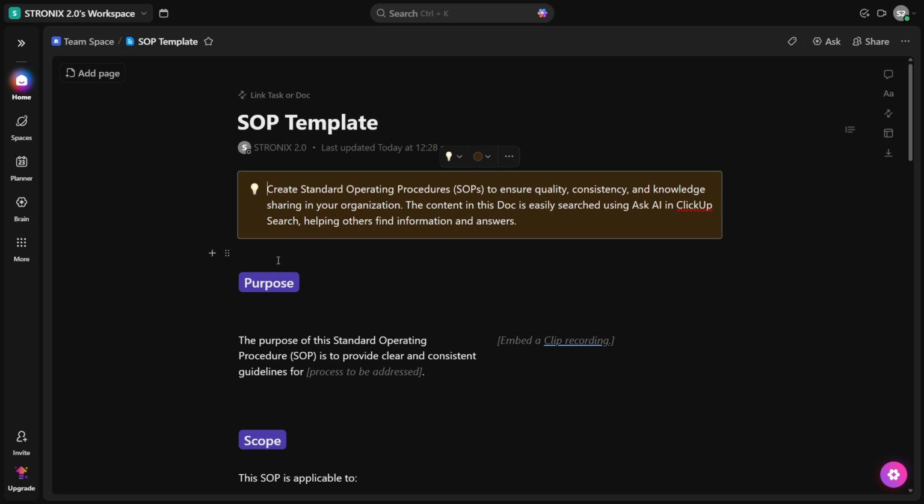Remember, as you become more comfortable with the platform, don't hesitate to explore additional features to make your SOPs even